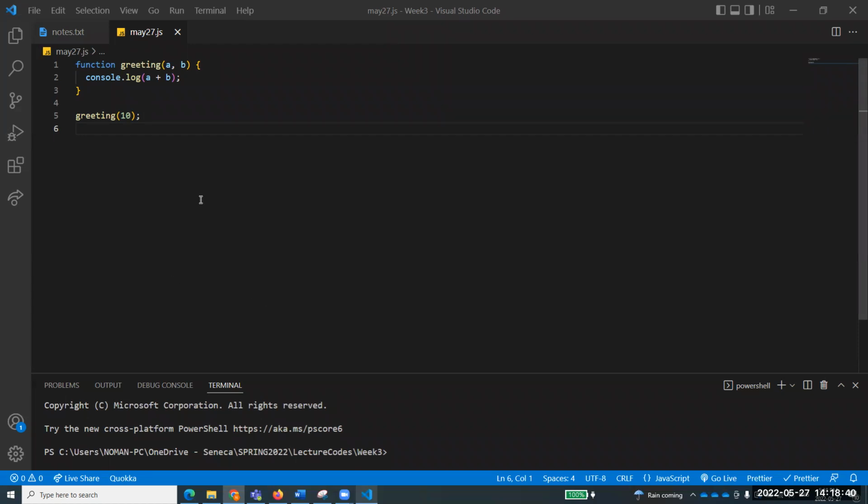Pratham says I'll get a 10. Okay. Anyone else? What should I get? Arshdeep says I'll get a 10. Anyone else? Can I have some more feedback from some other guys? Okay, 10. Now let's run this program. So note May 27